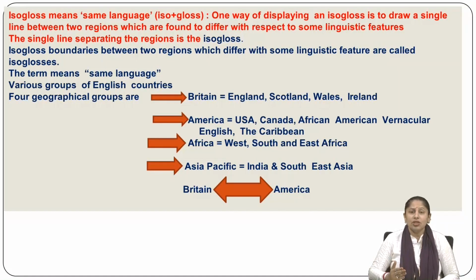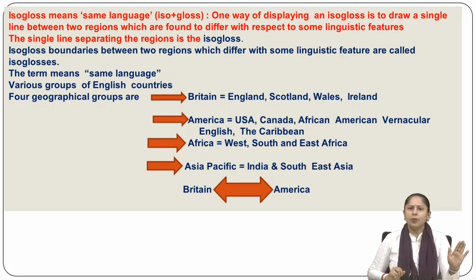Same language but with different kinds of interpretations, different kinds of pronunciation, different kinds of inflections, different kinds of lexical impressions, as well as morphological and phonological structures that would be quite different as per their region. That's what we are going to focus on in this unit, which is known as varieties of Englishes.